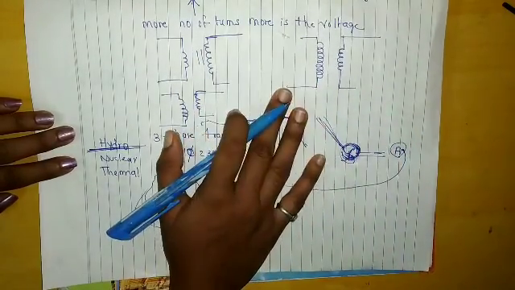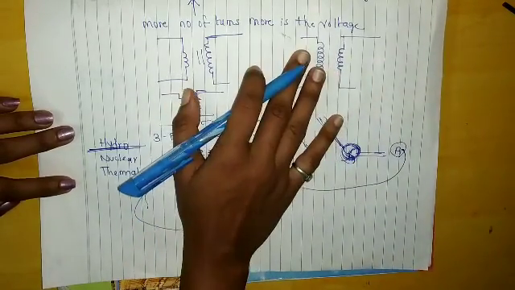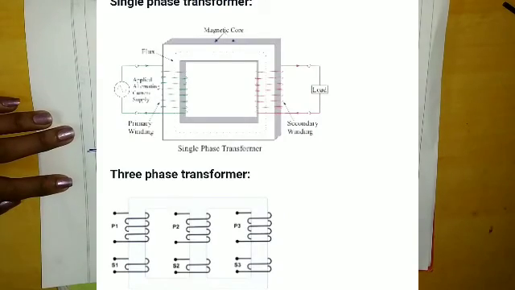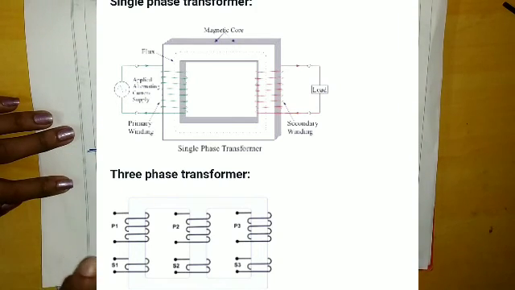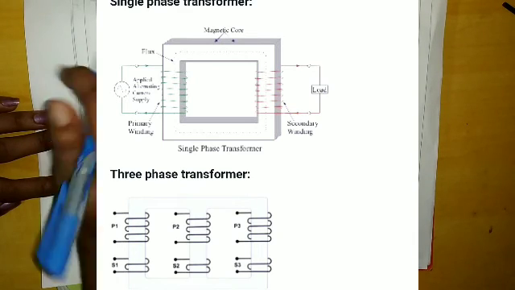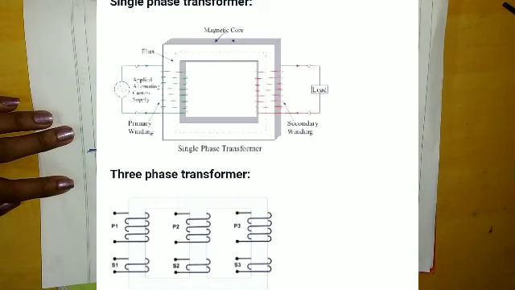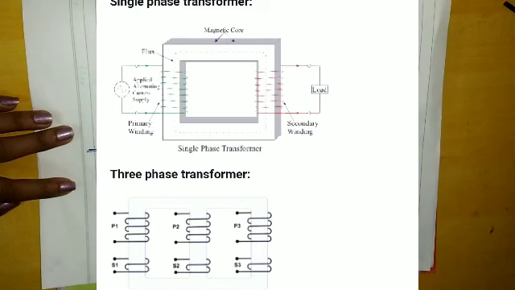Now what we are going to learn is the single phase transformer and 3-phase transformer comparison. This is the image that I have inserted. Look at this image. These are the different images. The first one is a single phase transformer and the other one is a 3-phase transformer. In the first diagram, you can see there are 2 coils, right? One is placed on primary and the other is placed on secondary. So in single phase there are 2 coils.